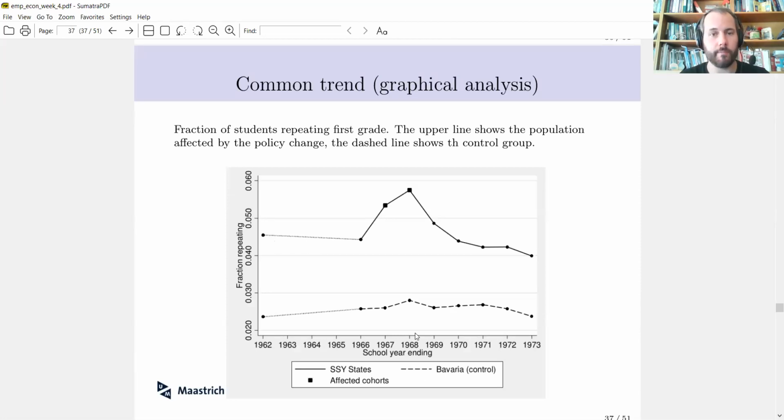And here we have some examples from the literature. This is actually taken from the Angrist and Pischke book. So what do we have here? We have a situation where you look at students that repeat the first grade. That's the outcome variable. And the treatment was a change in the school year. I think they switched the start of the school year from the end of the year to the middle of the year, for instance. And that was done in pretty much all the regions in Germany, except for, of course, Bavaria.